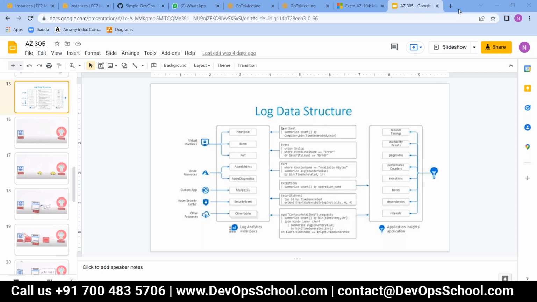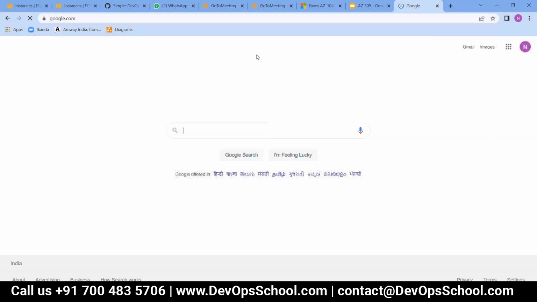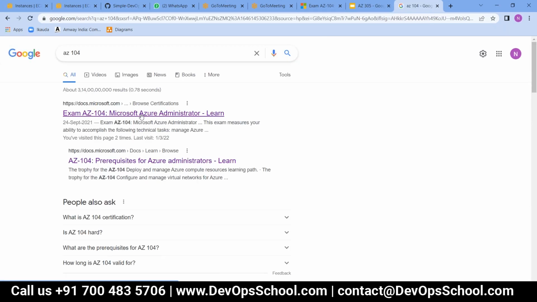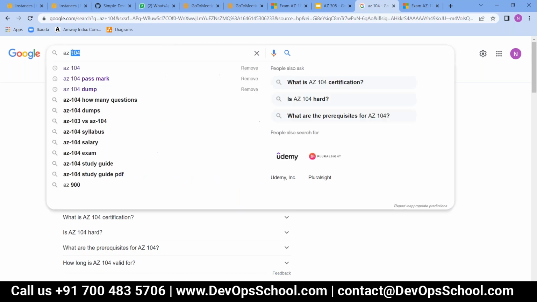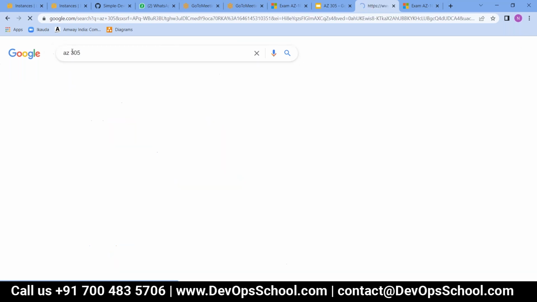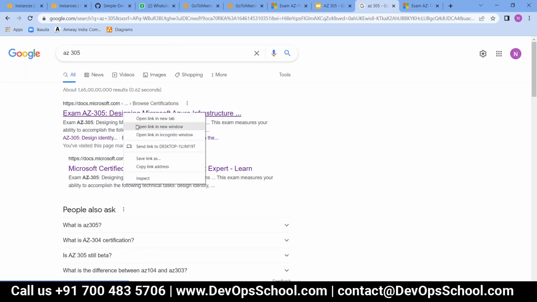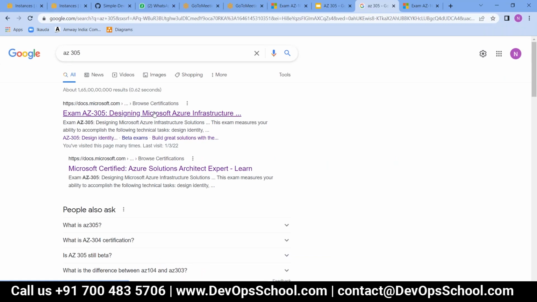But what we will do is that in lab we will try to find out the areas which are covered as part of AZ-104. In that way we will have AZ-104 covered as well. As an example, let us see. We have AZ-104, let us open it, and we have AZ-305. Let us open it in a new tab. Sorry, not a new window. Okay, now if you see,